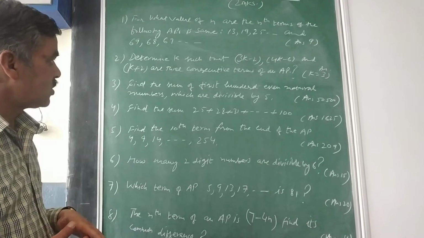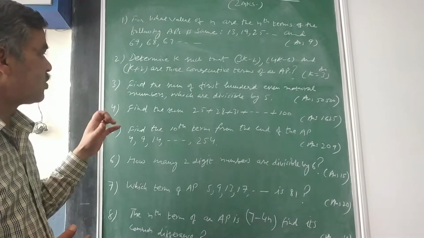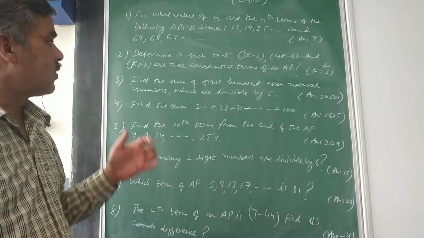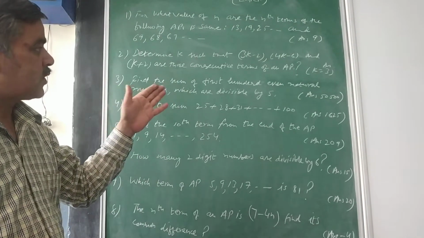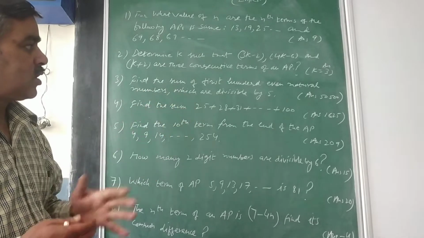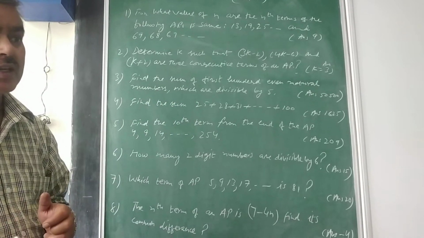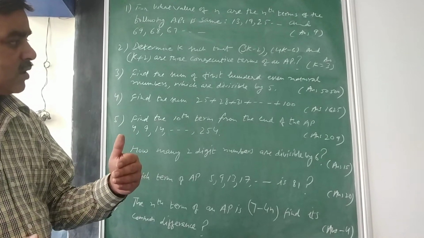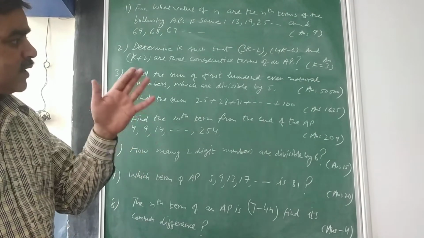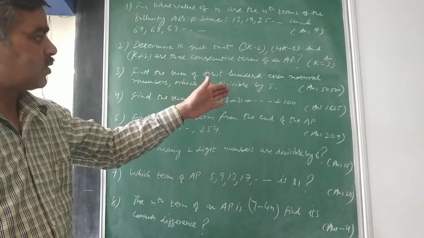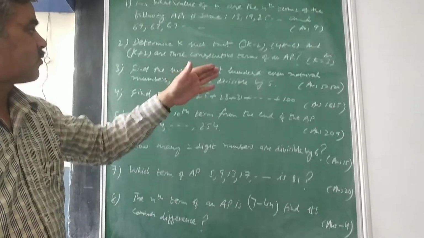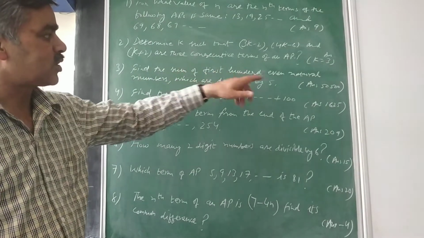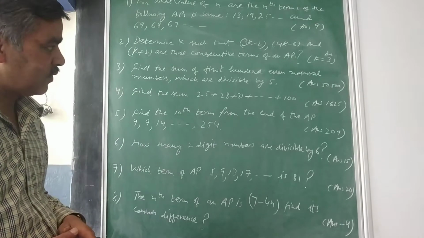Then the third question is, find the sum of first 100 even natural numbers which are divisible by 5. You know the table of 5. Even natural numbers divisible by 5: 5 twos are 10 is the first one, and then so on, the second even number, the third, and then the last. Form that sequence and find Sn for that, that is S100. n is given equal to 100, and then check the answer is coming equal to 50,500.